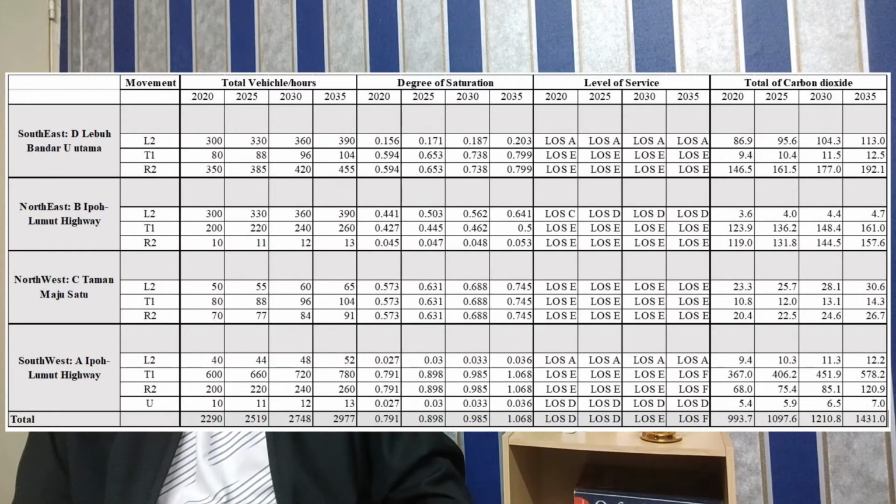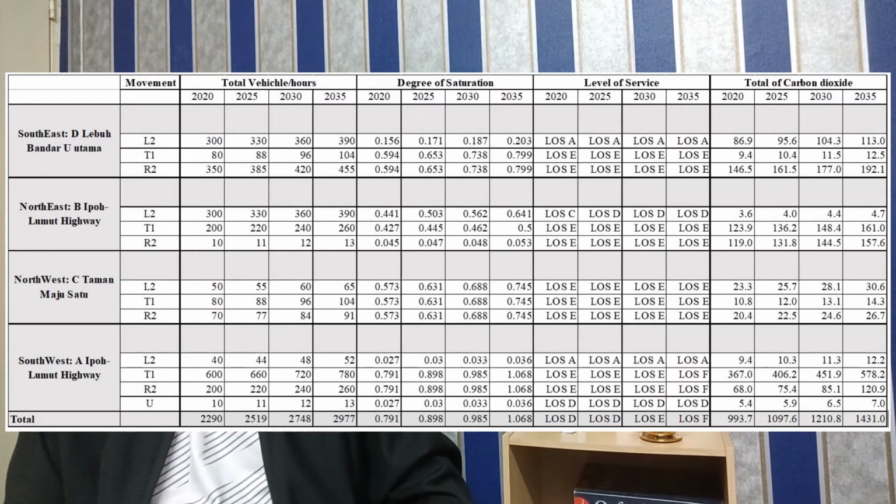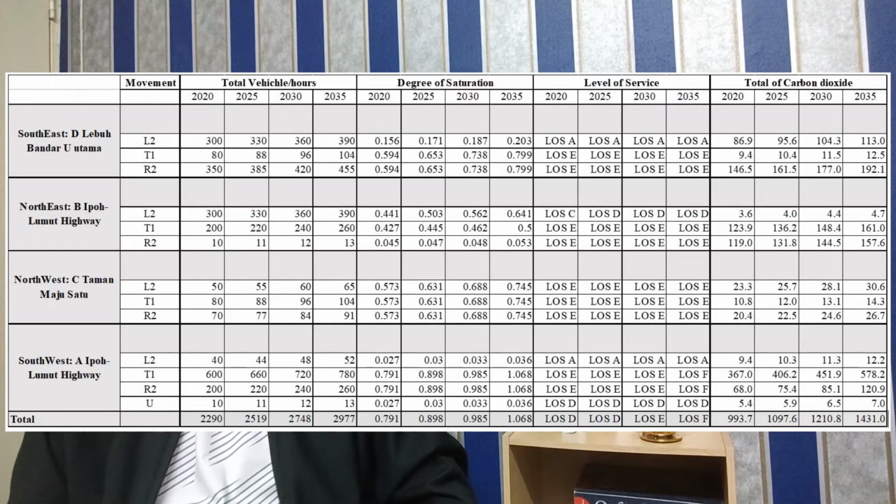Next, for traffic projection, we found out that the two intersections, the traffic light and the roundabout, are increasing over 15 years in terms of total vehicles, degree of saturation, level of service, and carbon dioxide. As we can see on the screen, the total vehicles per hour from year 2020 until 2035 is increasing from 2,290 to 2,977. And the degree of saturation from 2020 to 2035 increases from 0.791 to